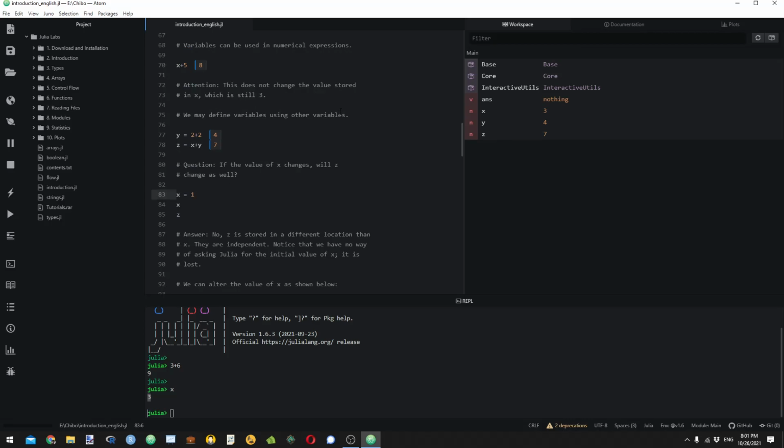Let's try it out. So let's say that x now is equal to 1. We can see that here, or again in the console, or in our workspace right here. z keeps its old value 7. That is, z is stored in independent memory space from x. So changing x does not change z, even though z was defined using x,